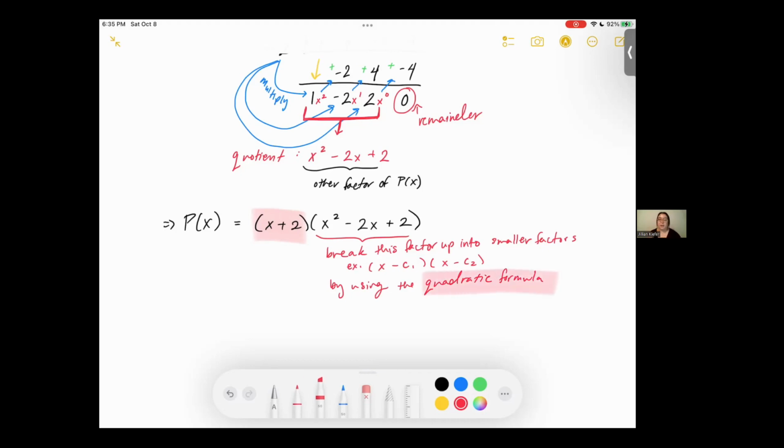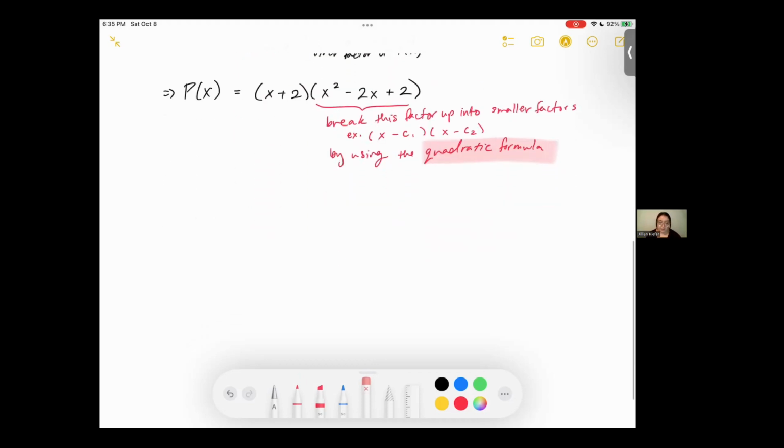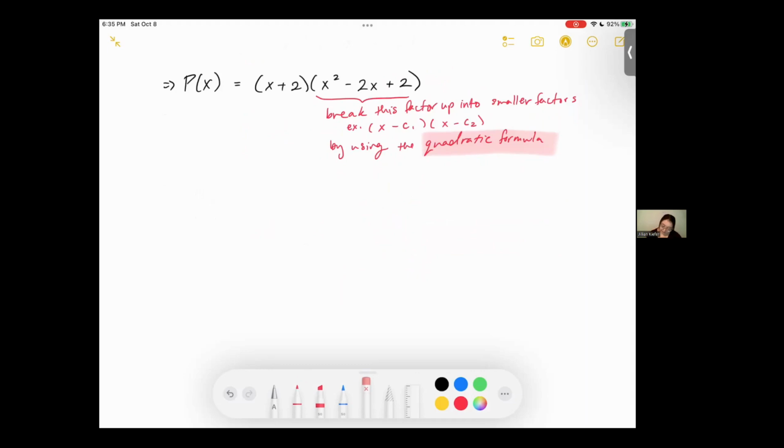So that's the only way you're going to solve and find those smaller factors. So we're going to scooch down a little bit here. And now we're going to find the factors by using the quadratic formula. So from this statement here, the quadratic formula you want to remember